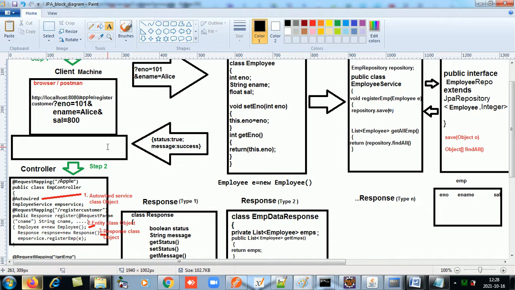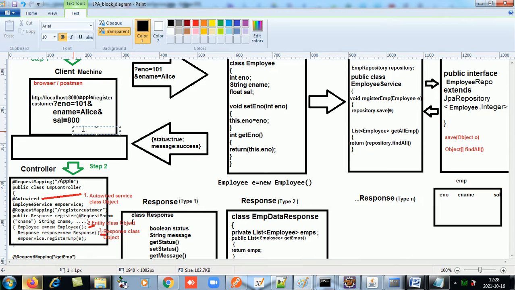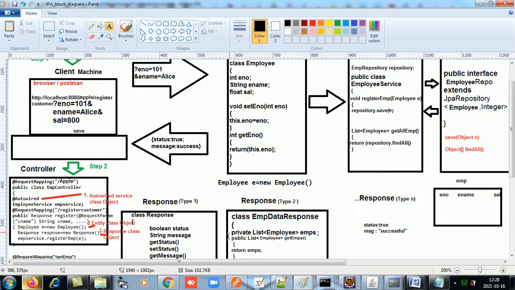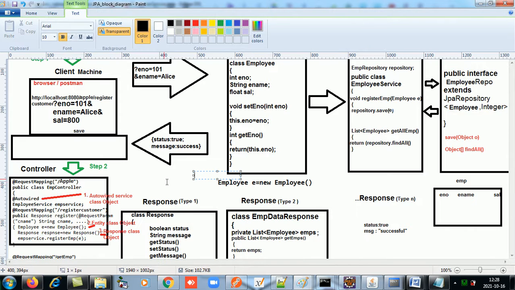Okay. Now this data, which when I click on save, will be saved, and I just want a plain response saying the status of the query. So it should show status as true and give me a message saying successful. I just want this as a response. So for this I make a response class. We can make various response classes as per the expected response, when I want, let's say, to see the list of all customers, list of all employees.